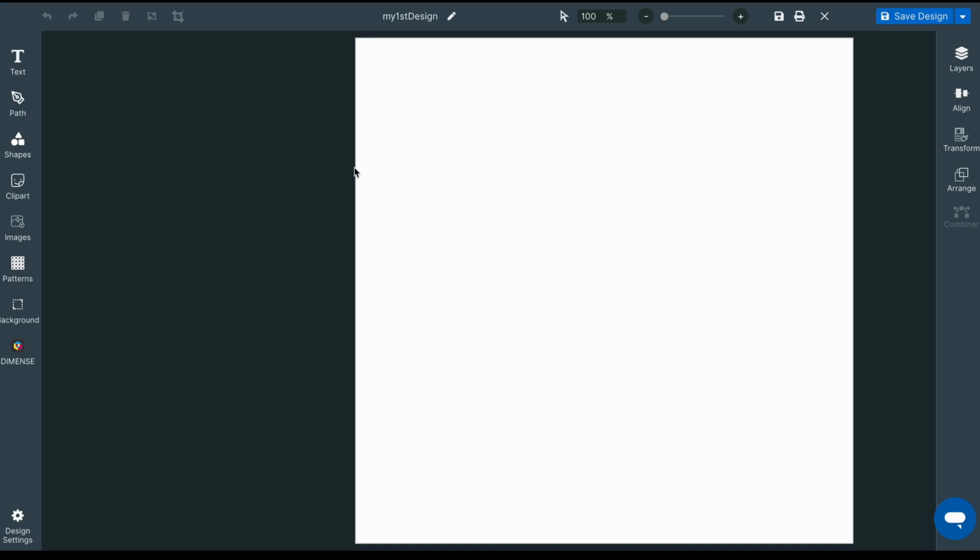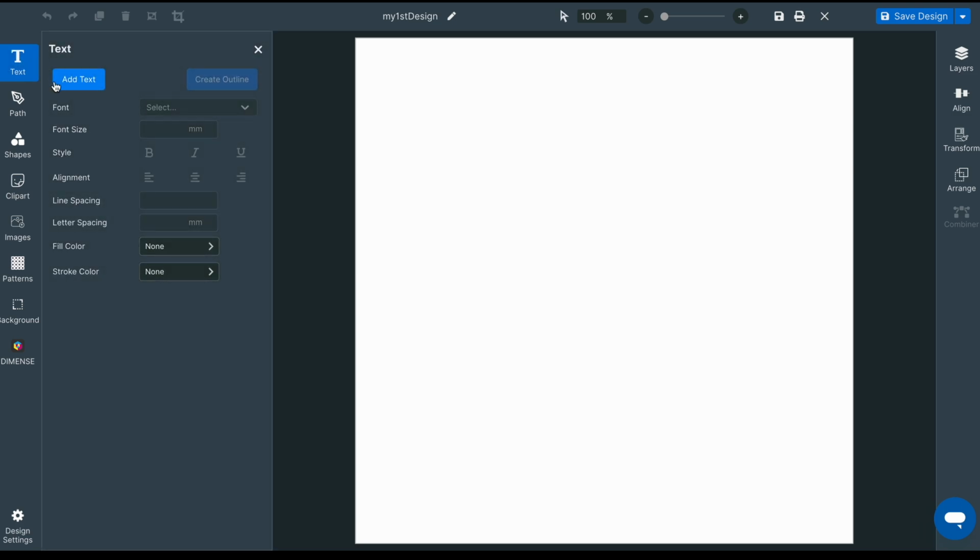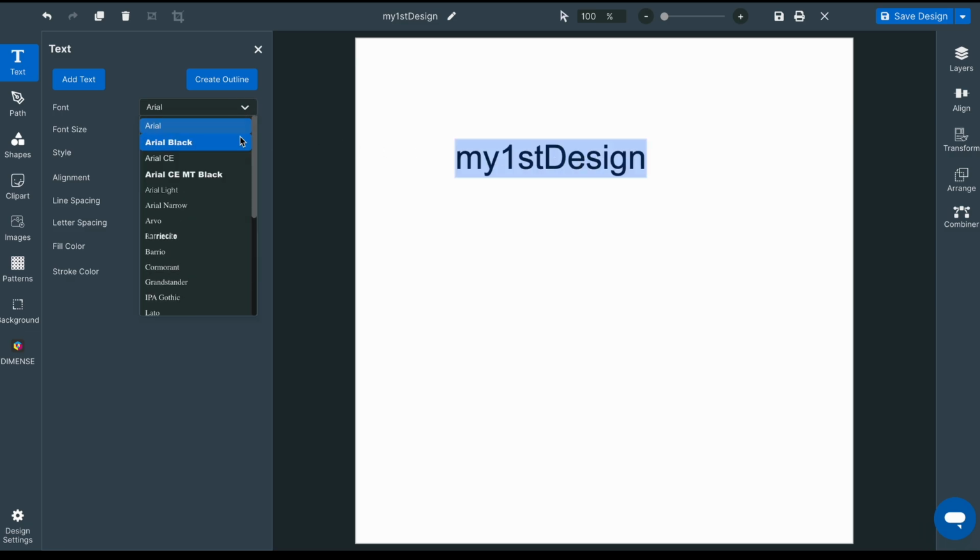I will start my design by adding a text. Clicking the Add Text button places the text tool in the design canvas, ready to type your text. Change the properties of the text by activating the text. I then have access to the font library, and for this project I will go with the Lobster font.